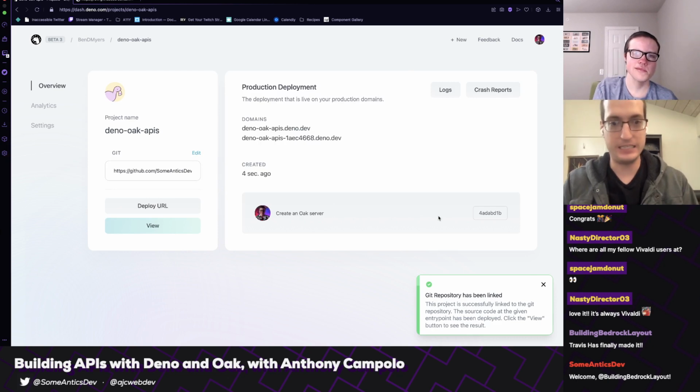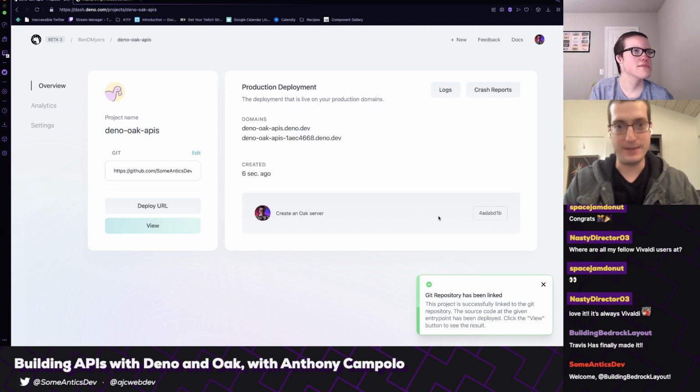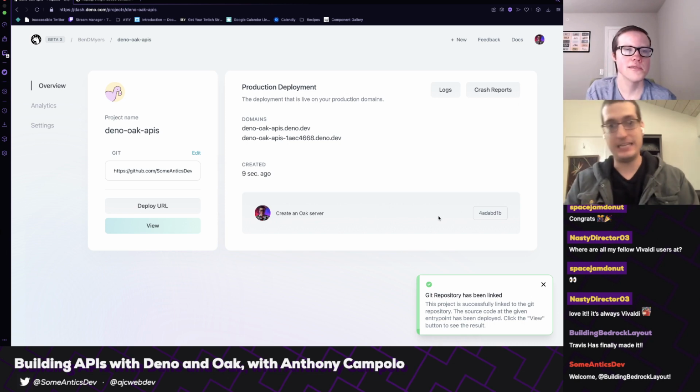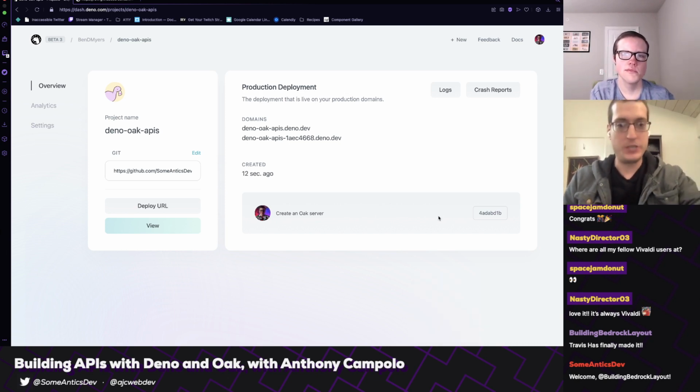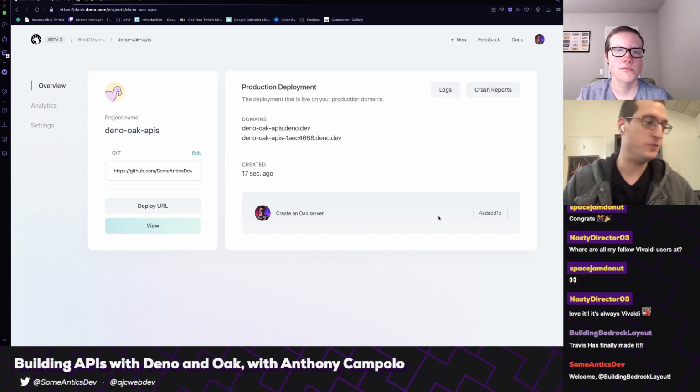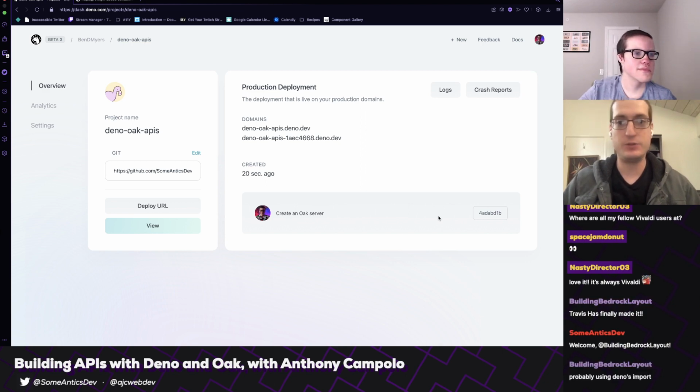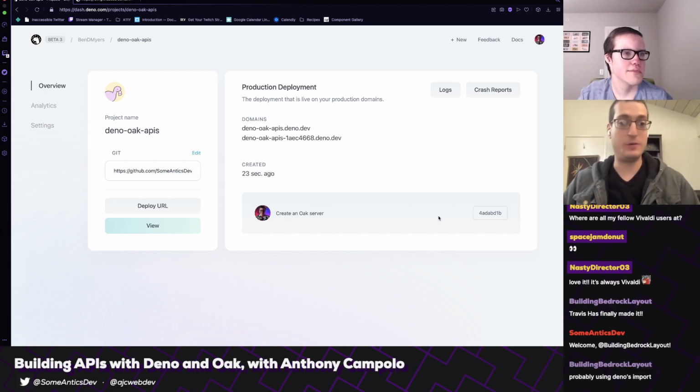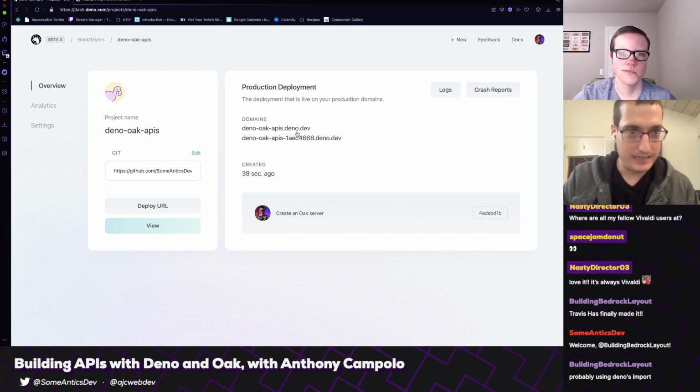The reason why this works is because I created the example from the start, already looking at the Deno deploy example. If you just write a regular old Oak server, you may get some issues like I did when I very first tried Deno deploy. So you should check the actual Deno deploy docs if you want to do this, and they'll let you know how to get a correct configuration for your server. Because if you just try and run a regular server, it might not work. But I think they're converging on a way where it's basically just going to work no matter what. So let's now click the view, and I think we should be